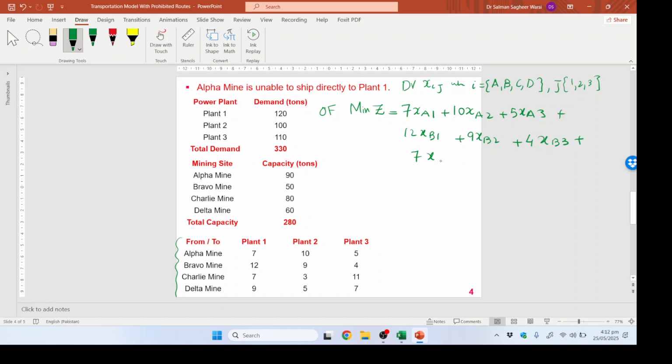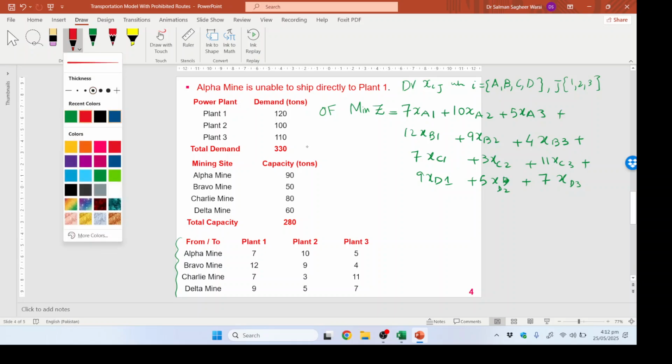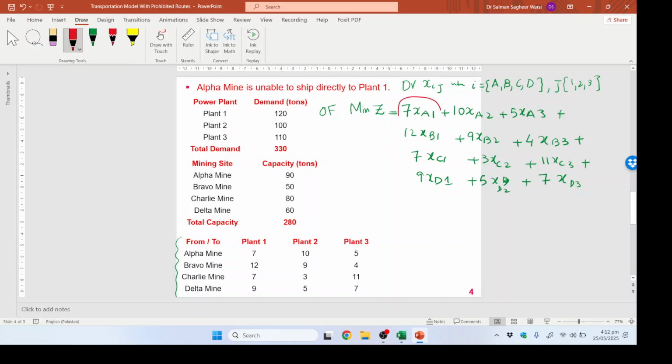7xc1 plus 3xc2 plus 11xc3 plus 9xd1 plus 5xd2 plus 7xd3. Now you must be wondering why I have included this value 7xa1, because as discussed earlier,